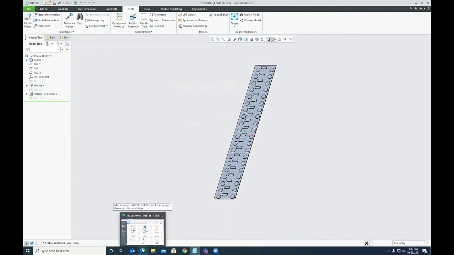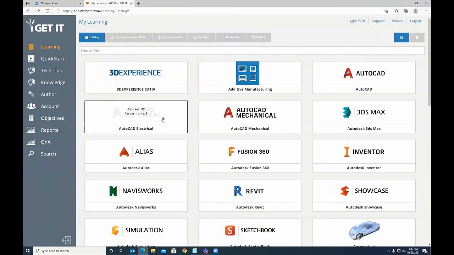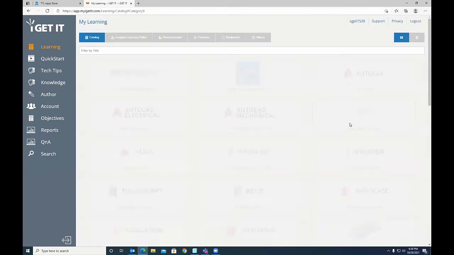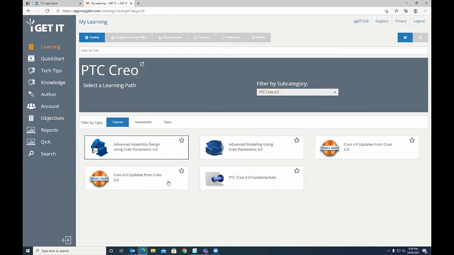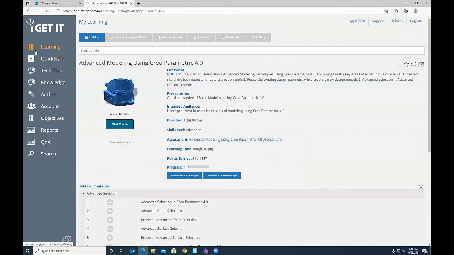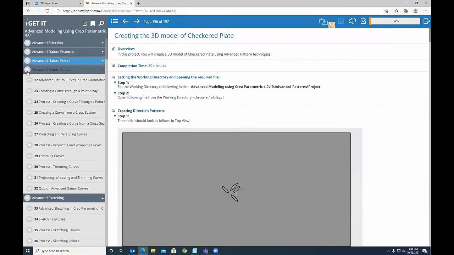So if you want to learn this more, we have our library of iGetIt courses for different software. Right now, my focus is on this PTC Creo. Over here, I'm dealing with the advanced modeling using Creo Parametric 4 course. Right now it is for Creo Parametric 4, and we are in the process of creating courses for recent versions of Creo as well.